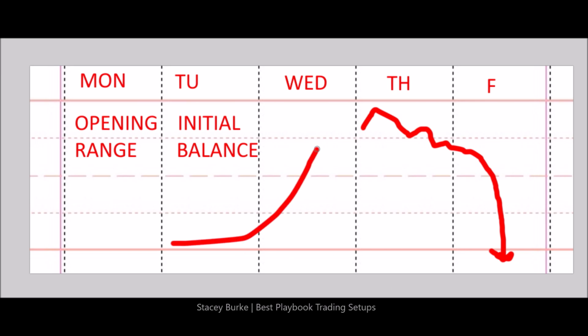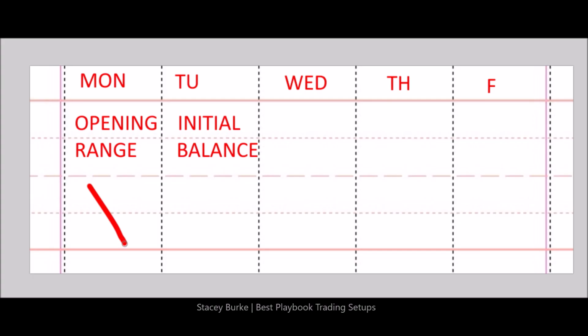These are the parabolic type of moves that set up over day 1, day 2, day 3. It can be a 3-session setup. We can have an opening range that puts in a peak formation low. We can get a day 2 and a day 3 trend trade. We can have all different types of scenarios, but coming back to the playbook,